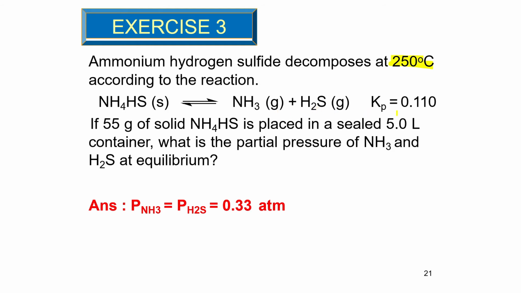So Kp given is 0.11. Okay, this is Kp. If you are given 55 gram of the solid, placed in a sealed 5 liter container, what is the partial pressure of ammonia and H2S at equilibrium? So they give the Kp. Right, so let's try. We start by drawing the